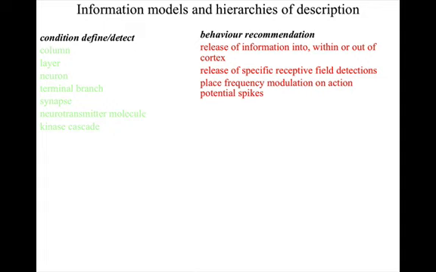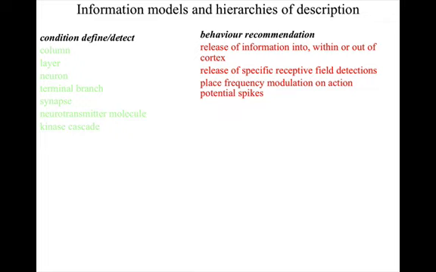And at more detailed levels, an information release behavior is the release of a specific combination of neuron receptive field detections, and at an even more detailed level, a release behavior is implemented by placing a frequency modulation on the